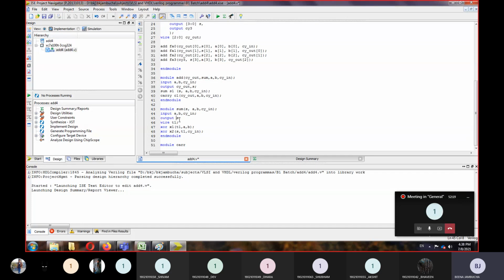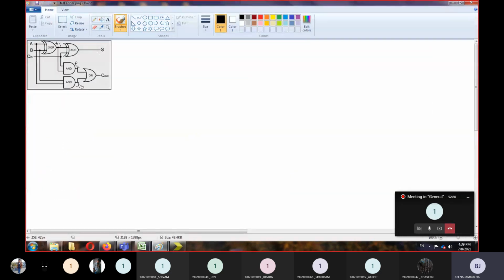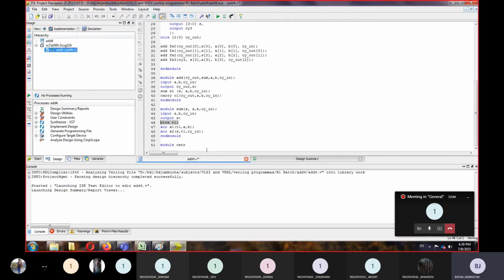So we are using only one output, which is S, which is sum, and a wire will be needed because in this diagram you can see कि sum किस तरह से find होता था full adder में. एक XOR ऑपरेशन, उसका जो आउटपुट था it is again XORed with the next XOR gate, right? So we have defined first XOR gate जिसका आउटपुट है T1 and whose inputs are A and B. Same way we have defined another XOR gate X2 whose output is S and its inputs are T1 and carry in.